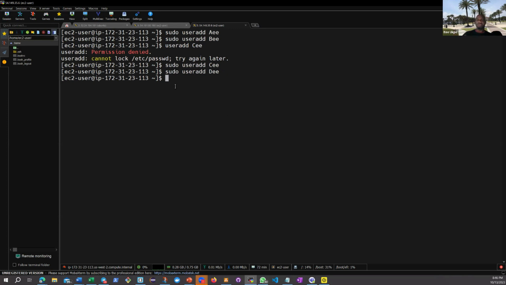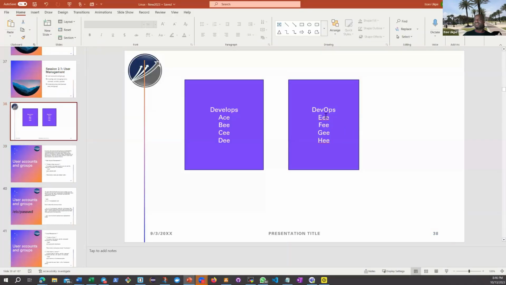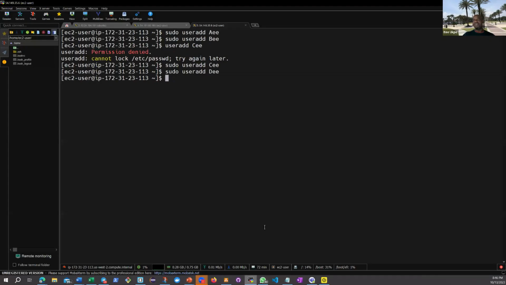We also have other users, right? So let's go back to our diagram for simplicity. Let's create all these users and we'll be able to put them in groups, so that we understand exactly how to do that. Let's also create sudo useradd E, right? Sudo useradd F, right? So the simple way to do this,